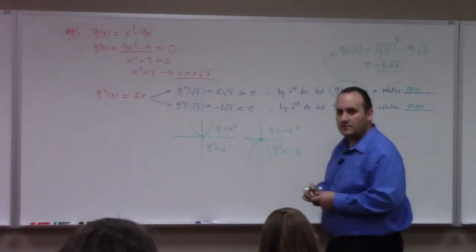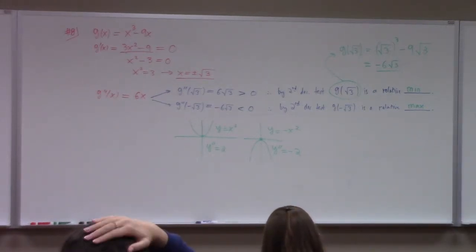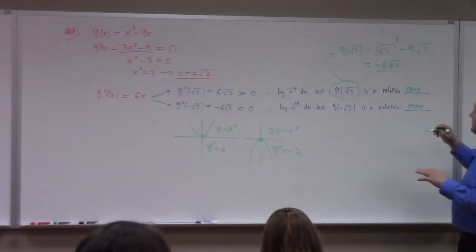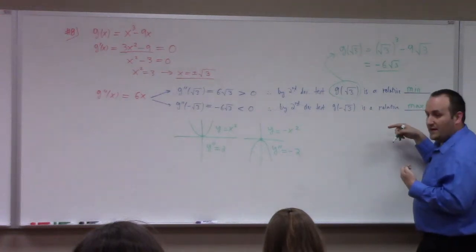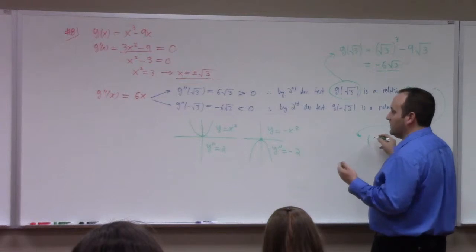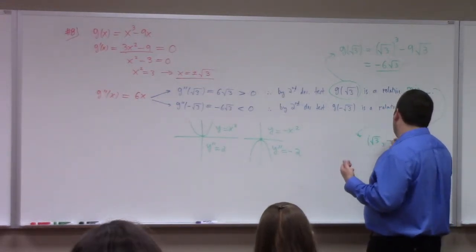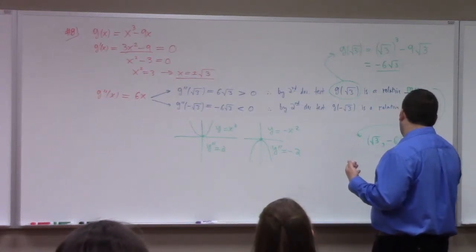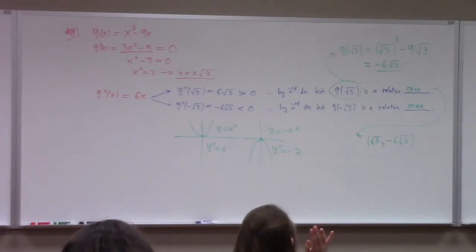But whatever. So it's the same thing on number 9. Oh, I'm sorry. One more point. I want to mention something. So that's the y value, right? The actual minimum, the actual point is then where? The point at where there's a relative minimum would be what? It would be square root of 3, comma, minus 6 root 3. That would actually be the xy coordinates of the point. Because the answer they're looking for is like x comma y, so you need to